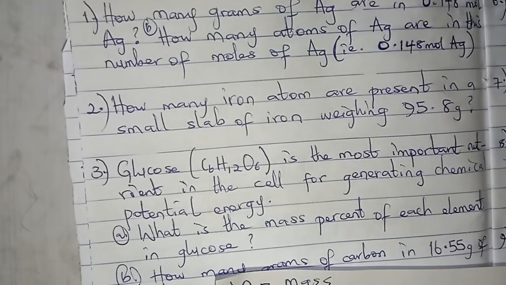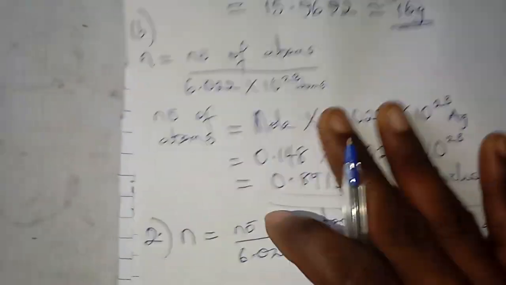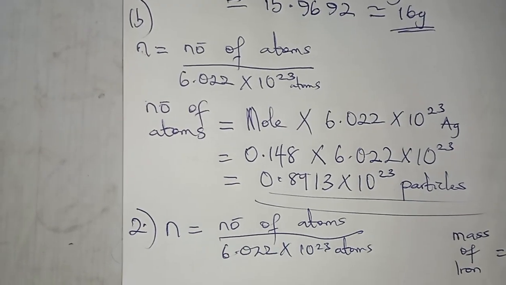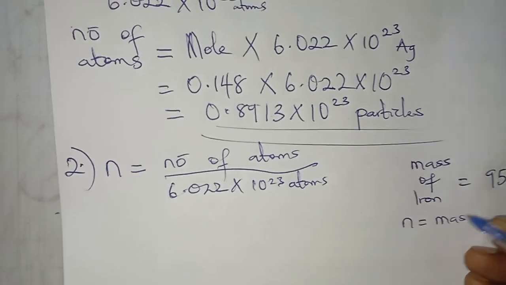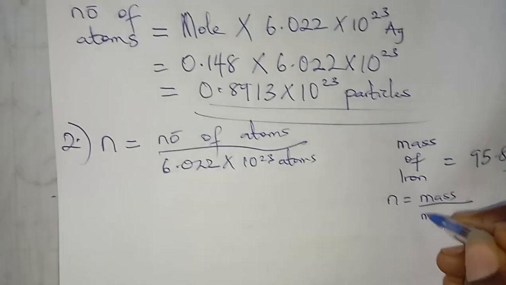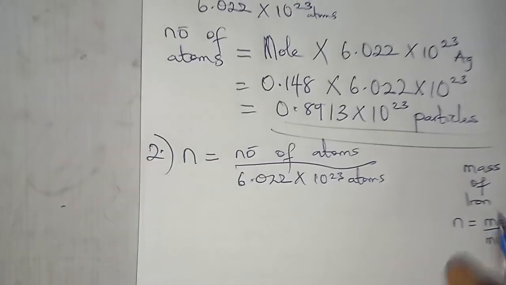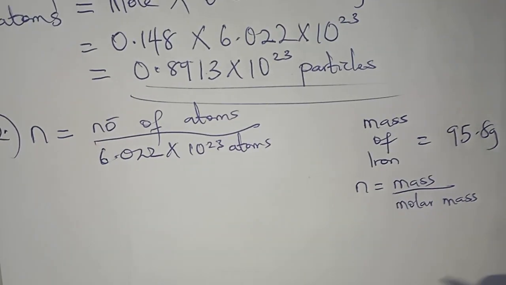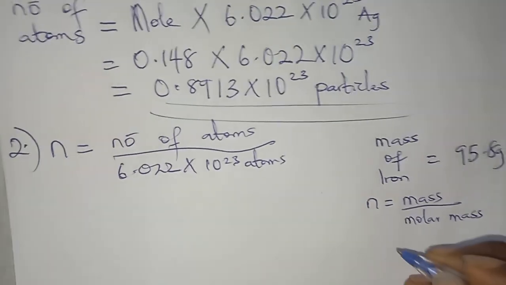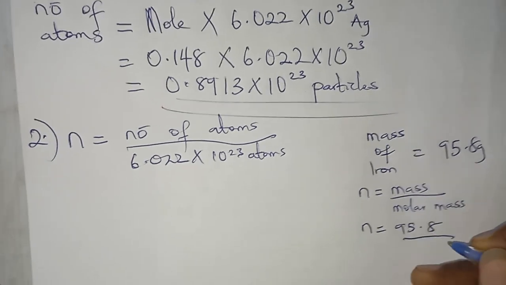If that is the case, we remember that mole is equal to mass over molar mass, because they did not give us mole, and what we need to make use of in this formula is mole, not mass. So we need to convert the given mass. You use what you have to get what you don't have. We convert the mass to mole, so that n is equal to 95.8 all over